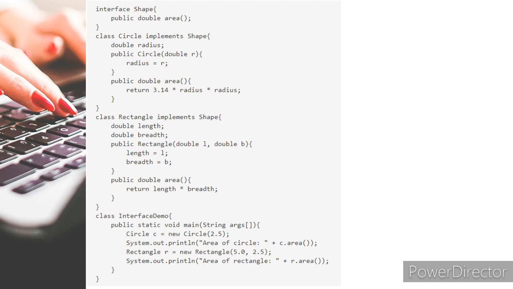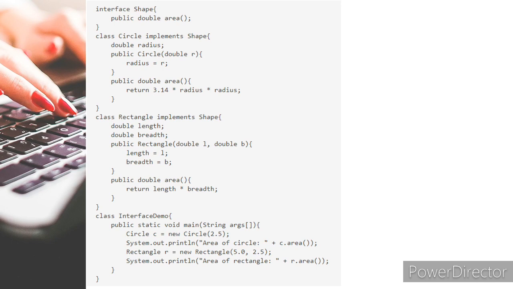We are going to assign the value of r to radius. After that, if I define double area, what will this method return? Because the prototype is double area, not void, it will return. It will return 3.14 into radius into radius, that means pi r square, the area of a circle.